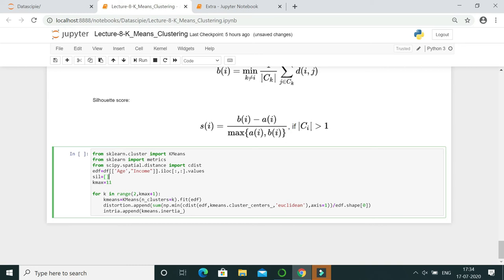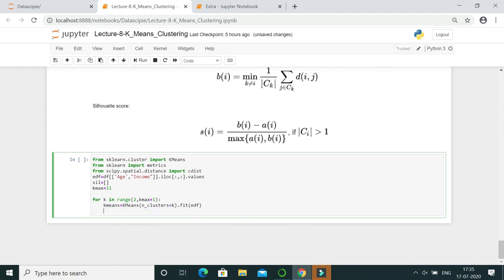Then we would fit our model. Next we would delete all these factors. We have to calculate what? Silhouette score. So sil dot append, it would append this list. Okay. Then for silhouette score there is a library function, silhouette underscore score.